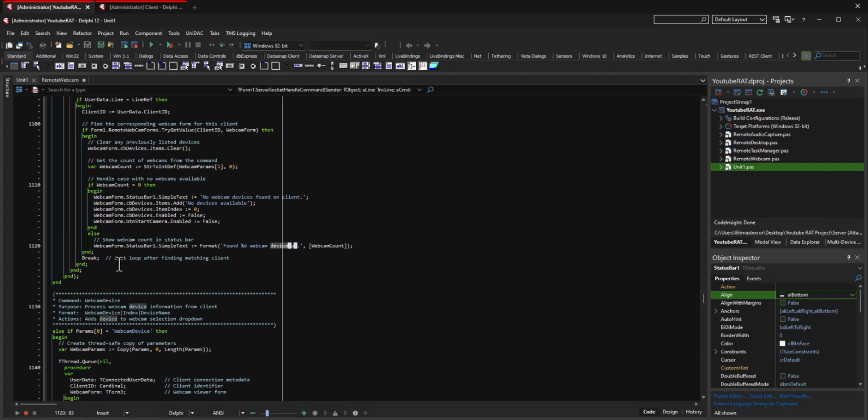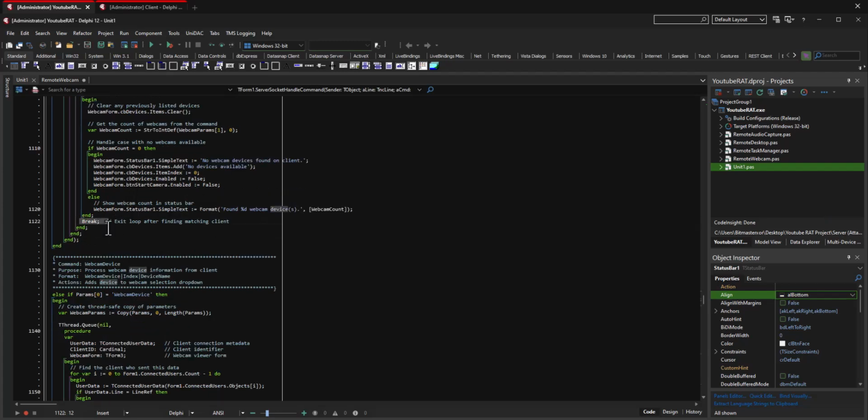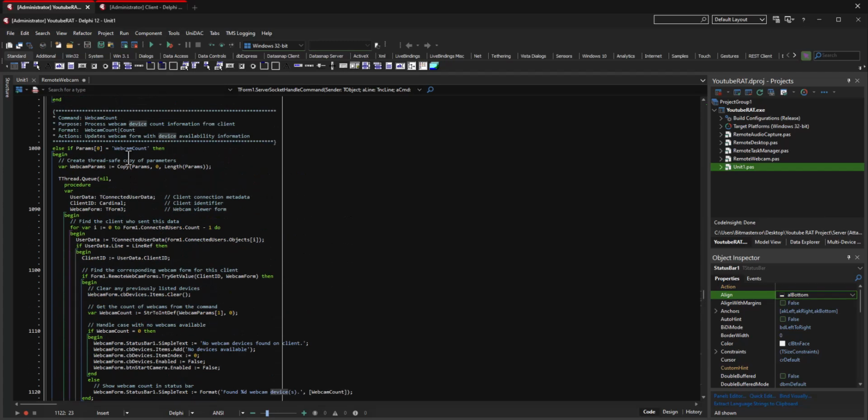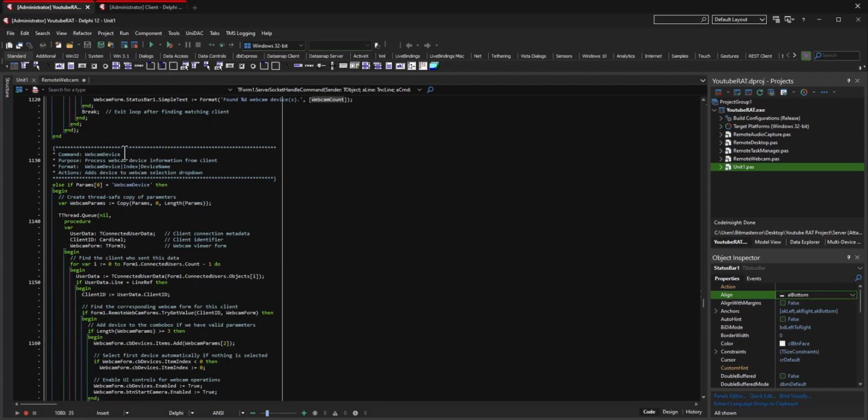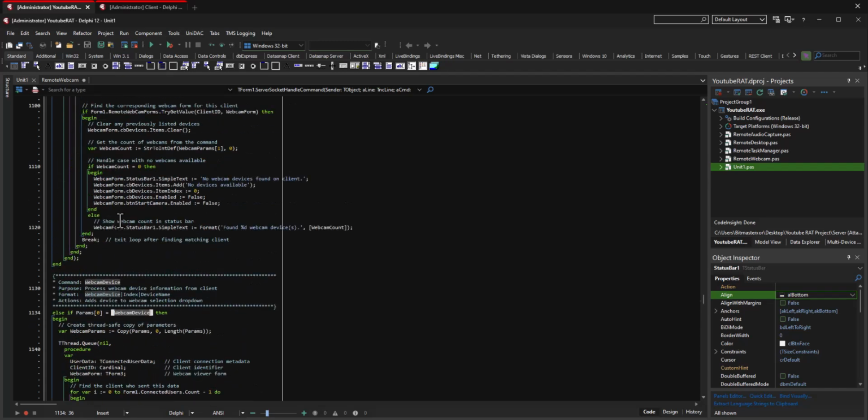And then that's pretty much it. It just breaks out of the loop once it finds the webcam count. That's all this command is for. That's literally it. Now the next command we're going to talk about is webcam device, because look, we